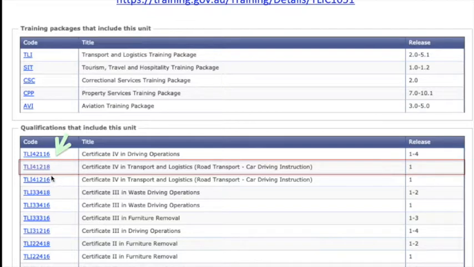That's accepted by the Transport Department in Queensland. However, this is the most current one here, the 1.8. You can see down the bottom here, it's got 1, 2, 3. If you clicked on 2 and then clicked on 3, it would give you even more codes where the unit of competency